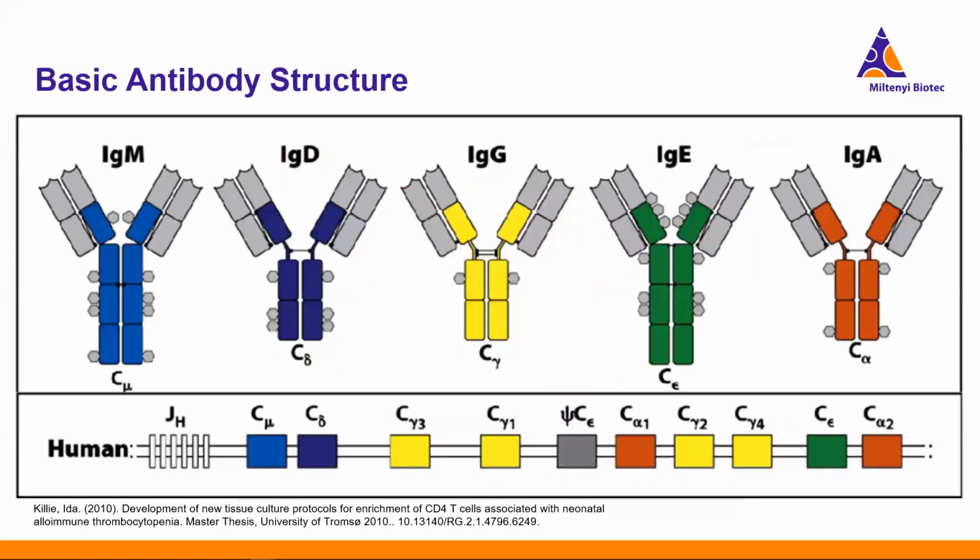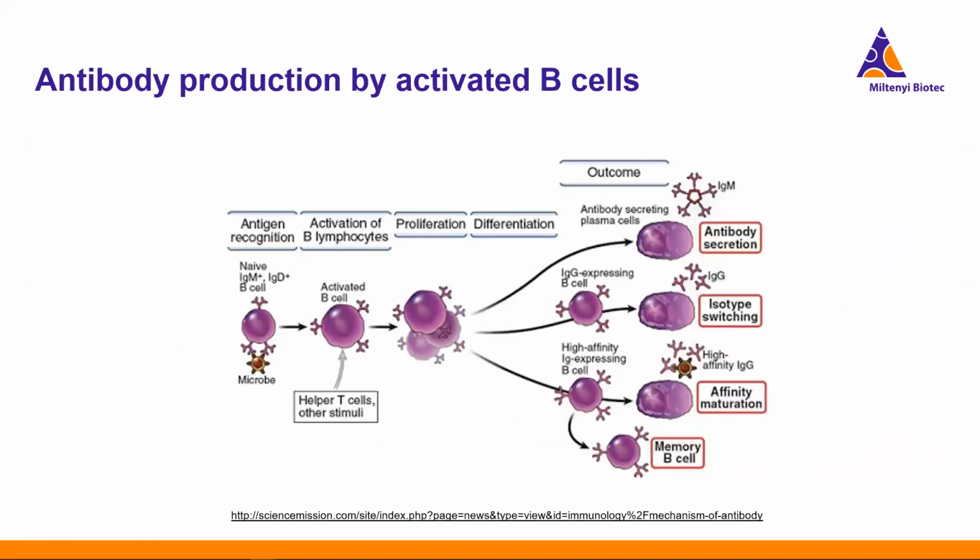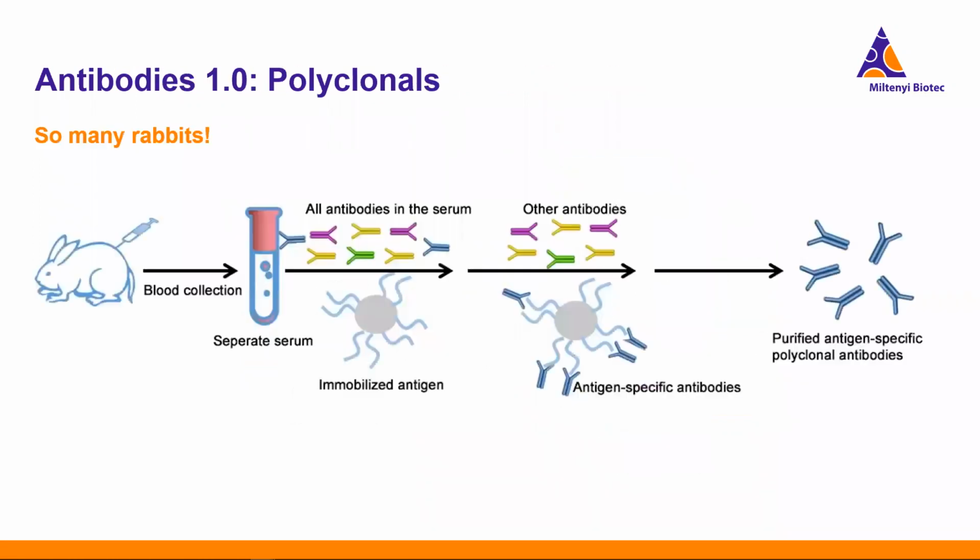The different types of constant regions have different roles in a variety of immune functions, and these are called isotypes, and there's even sub-isotypes of these different structured antibodies. So the last point to consider is that each individual B cell will secrete a unique antibody containing a unique variable region that recognizes one small portion, or epitope, of a surface marker. This is what we mean by clonality. And kind of ironically, I think, while the variable region for the most part will stay the same, the constant region can actually change through the lifespan of a B cell during its natural maturation and activation.